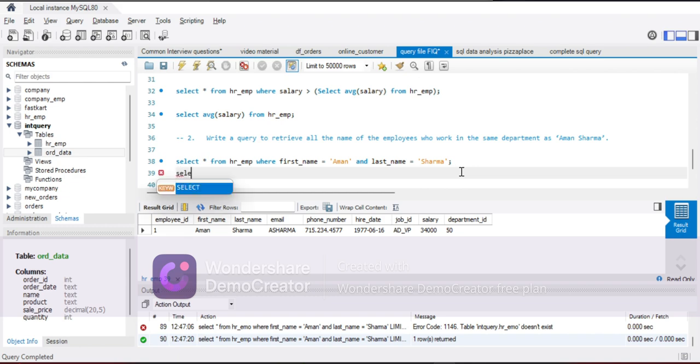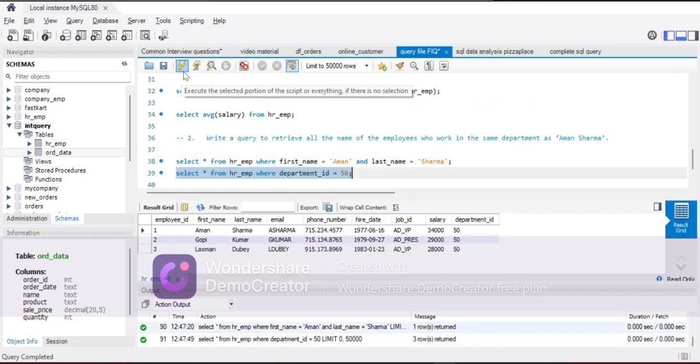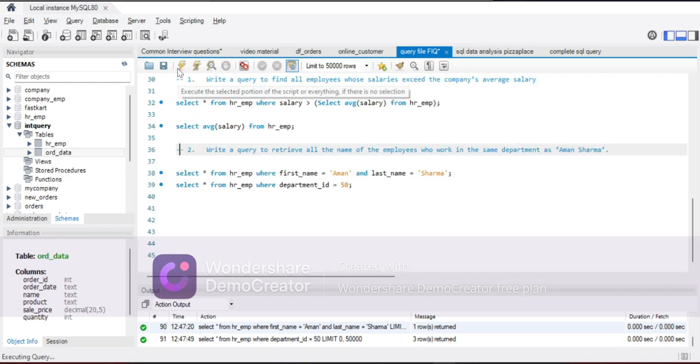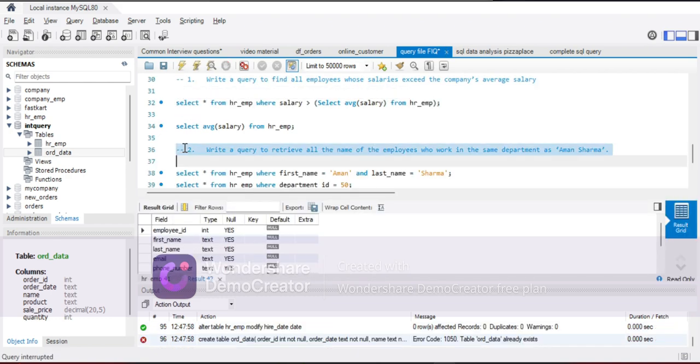Now we can do two things. We can just extract the details of everyone who is working in department number 50. So to do that, we will select star from HR_EMP where department ID equals 50. So this is a two-line query where we will first find the department ID of Aman Sharma and select everyone who is working in the same department ID. So as you can see, we have got three results, and the second way to do this is